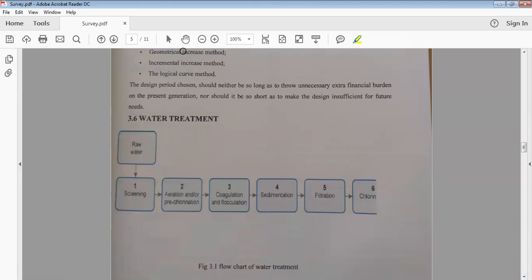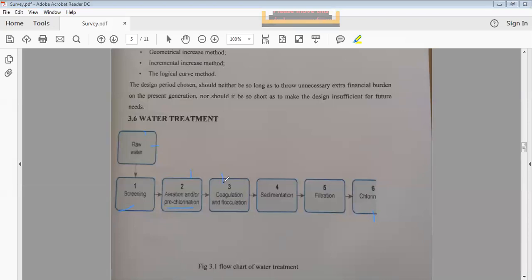Yeah. So what you're seeing here starts from the raw water from the river. So they built an intake structure for that. Then they have installed a screen, maybe fine screen or coarse screen. After that, it moves to the aeration tank. They're also providing pre-chlorination, right? You study pre-chlorination and post-chlorination. Here they're doing both. Okay, we call it double chlorination, and then it is moved to the coagulation flocculation tank.